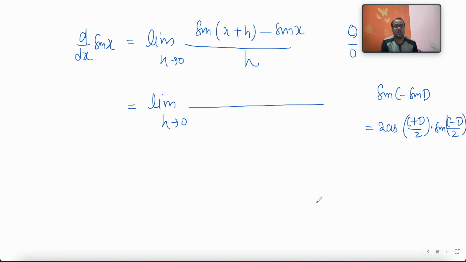That's the trigonometric identity. So we will use it. 2 cos (c plus d) by 2, that means (x plus h plus x) upon 2, into sin (c minus d), that means (x plus h minus x) upon 2,